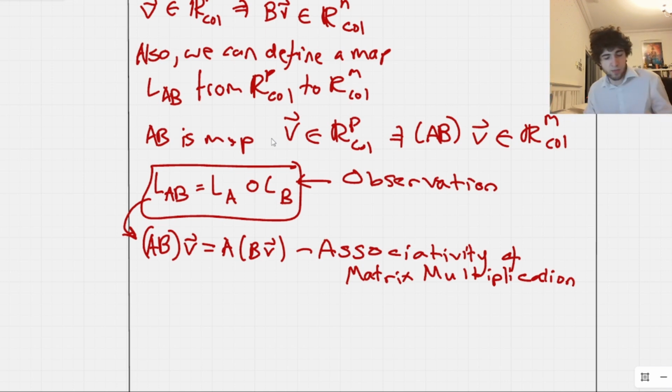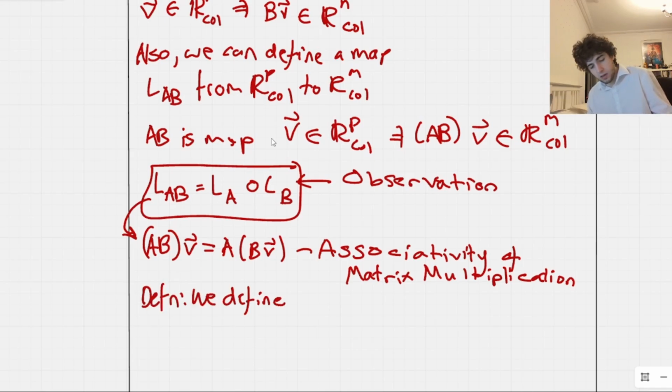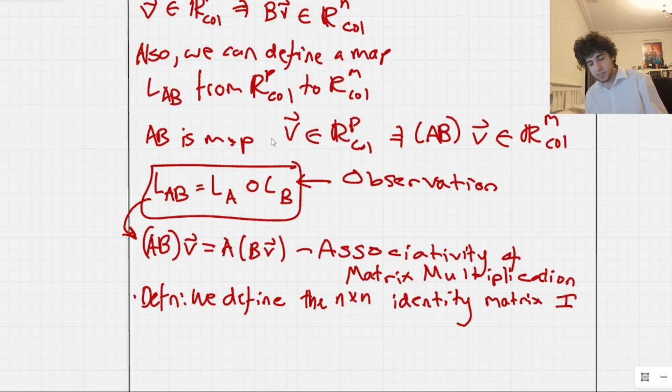Okay, so now let's talk about a definition. So let's talk about the identity matrix. Again, another object that you're really familiar with, but we need to define it. So what is it? So we define the n by n, right? Because every identity matrix you've dealt with probably so far is going to be an n by n identity matrix, right? Kind of has to be. We define the n by n identity matrix, and we'll label it with this capital I subscript n, okay? As an n by n matrix